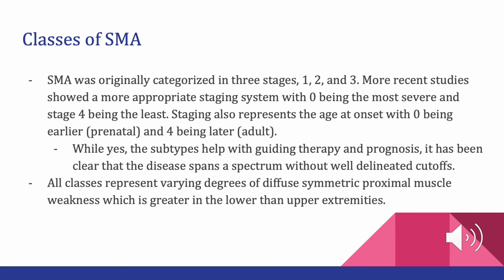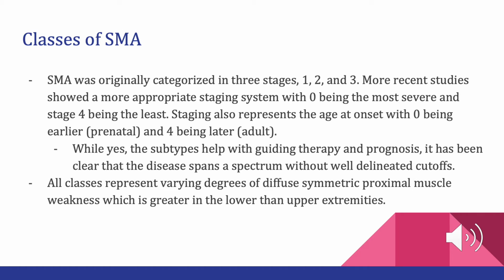SMA is currently staged in 5 stages. You have 0, 1, 2, 3, and 4, 0 being the most severe, 4 being the least severe. Staging is pretty highly dependent on the age at which you are diagnosed. So 0 being the earliest or prenatally, and 4 being the latest, anywhere from the second to third and on